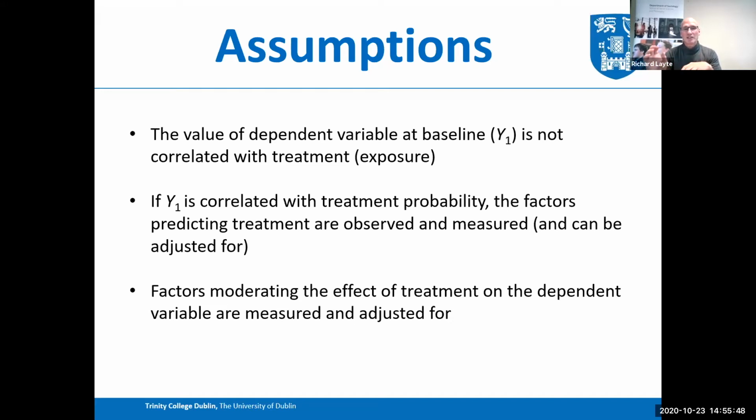And then lastly, there's an assumption that the factors moderating the effect of treatment on the dependent variable are measured and adjusted for, okay? So you've not got any unobserved factors in here which are going to bias the estimates that you're making of the effect of treatment on groups A and B, right? So three really important assumptions that you'd have to consider when doing this. But assuming that you can make a good job of each of those assumptions,